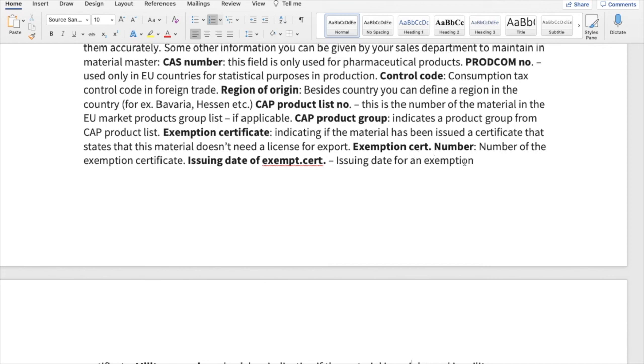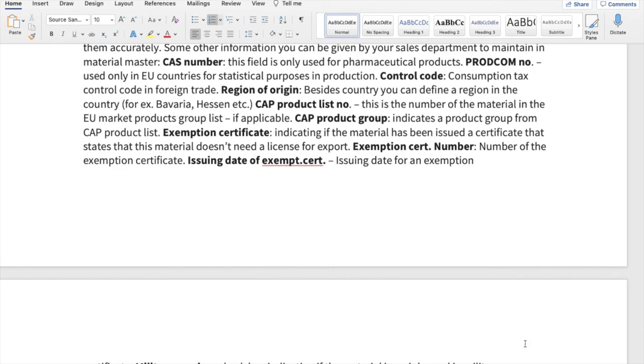For instance, for the purpose of COVID, many countries allowed the corona drug or corona vaccination to be exported or imported without any taxation. So the export certificate and other laws were made a little easier for the exporter, and the exemption certificates are also given. Those information could be put in this particular configuration area.